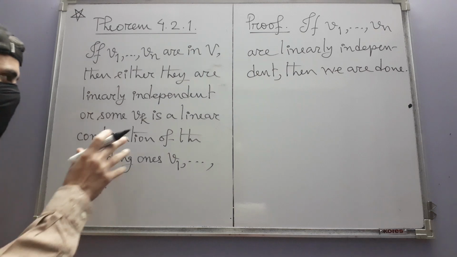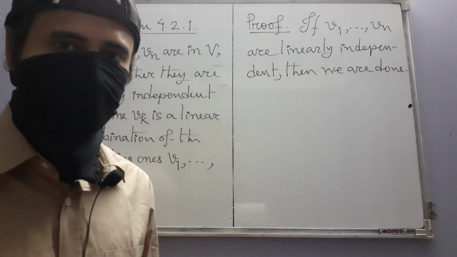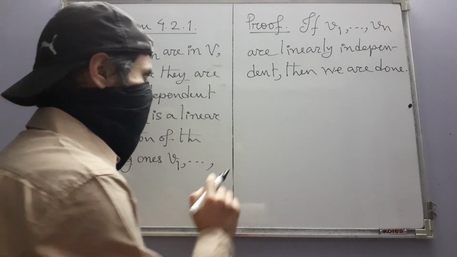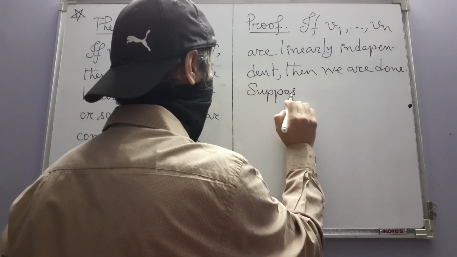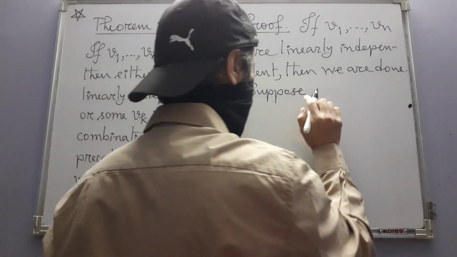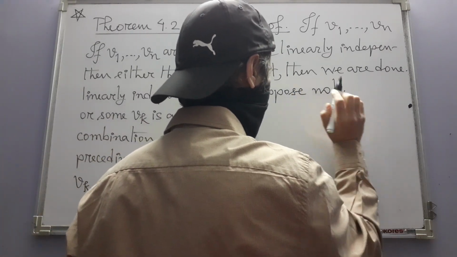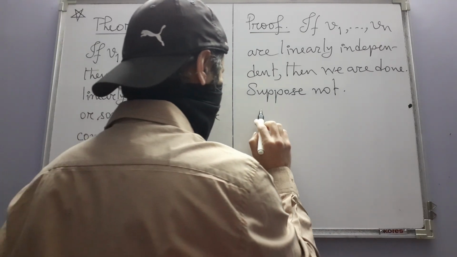Of course, because that's a part of the conclusion. If they are linearly independent, there is nothing else to do. So suppose that they are not linearly independent. That means they are linearly dependent, which means that there will be